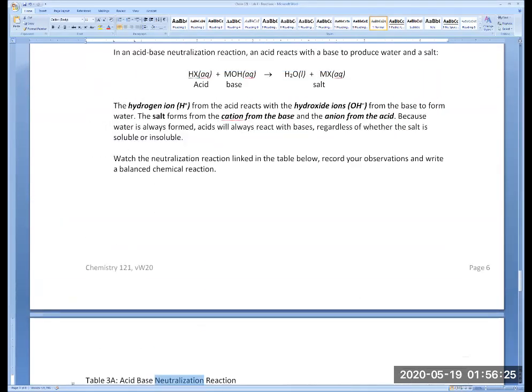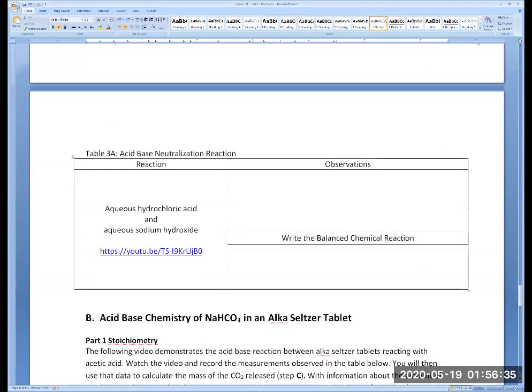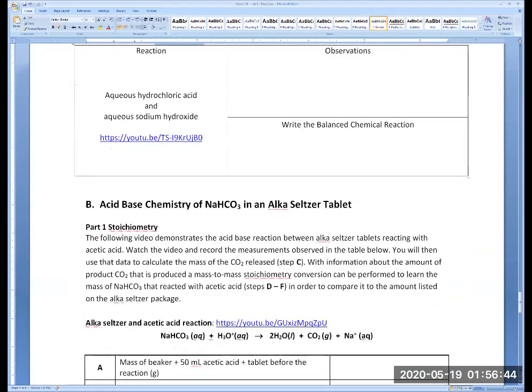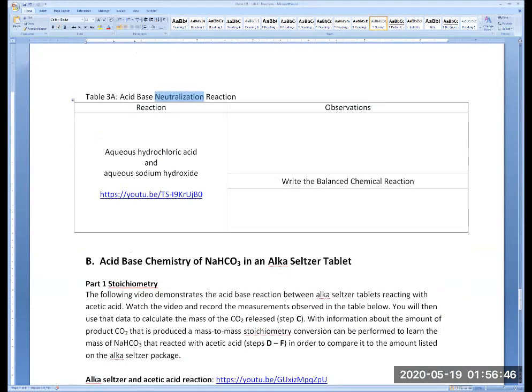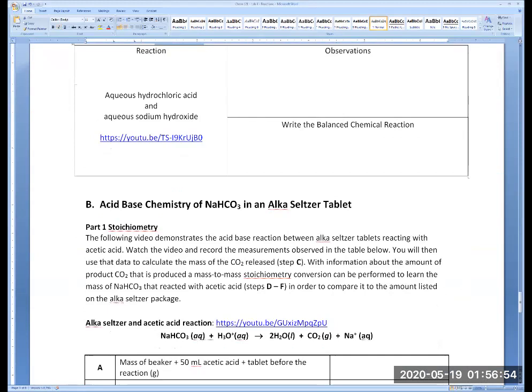So as I said, you need to follow this pattern to find the product, right? And you know already one of the products. One of them will be water, all right? Because when it's acid-base neutralization, you are forming water and a salt. Okay, so that's for the first part of the lab. There are a lot of videos to watch and then observations to write and then the chemical equation. And I think I went over them